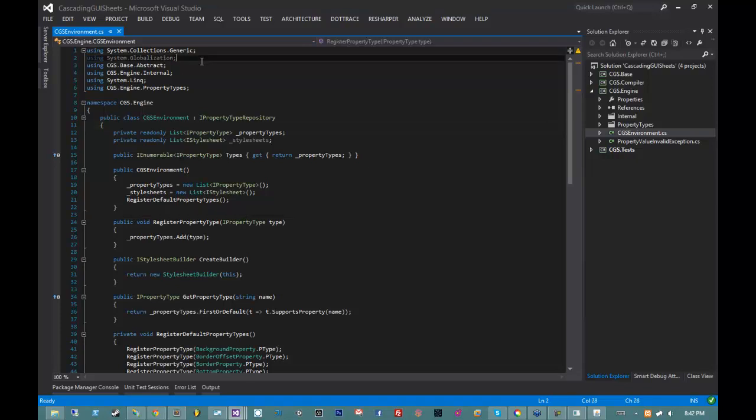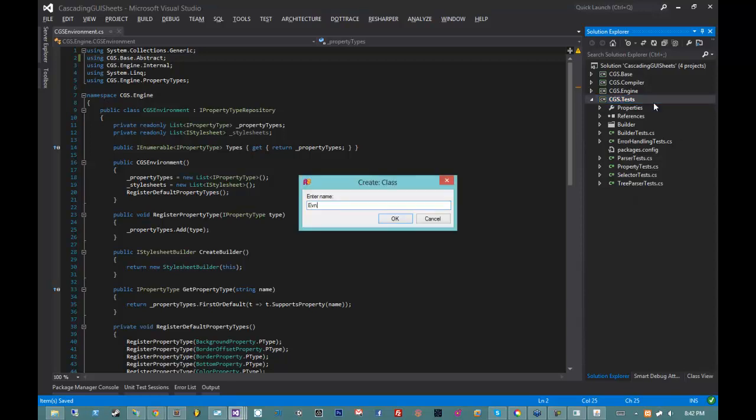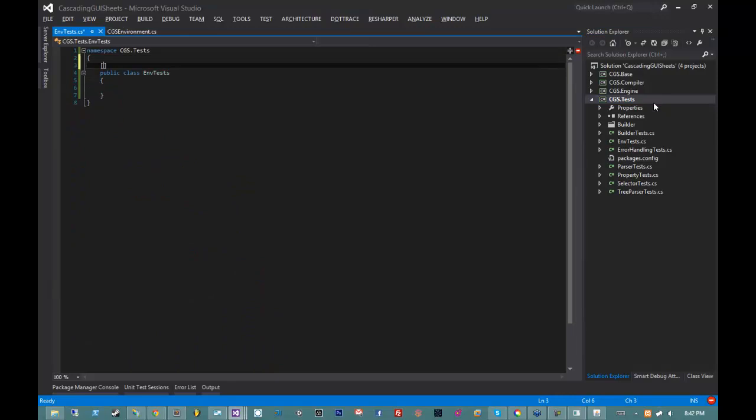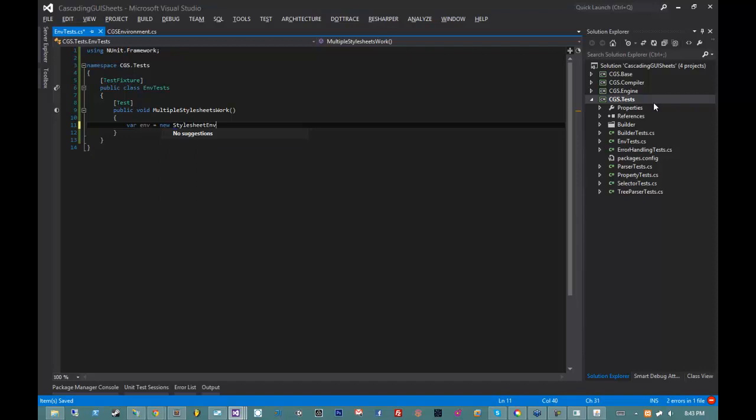So let's go ahead and finish writing this. I'm going to go ahead and write one more test. I'm going to create an environment test, and it's just going to be one test, so that I can have multiple style sheets. So I'll go ahead and say var env equals new style sheet, or what I call that, CGS Environment,